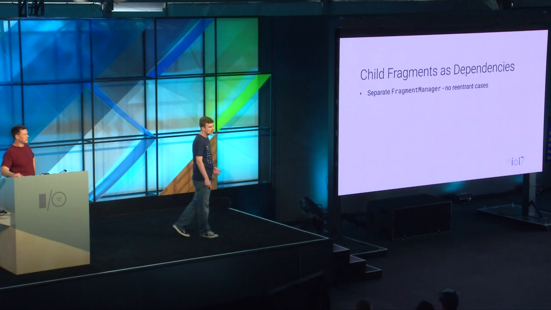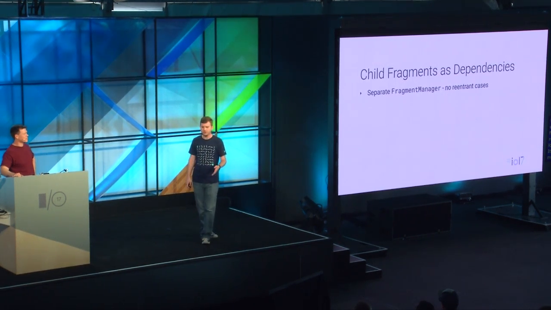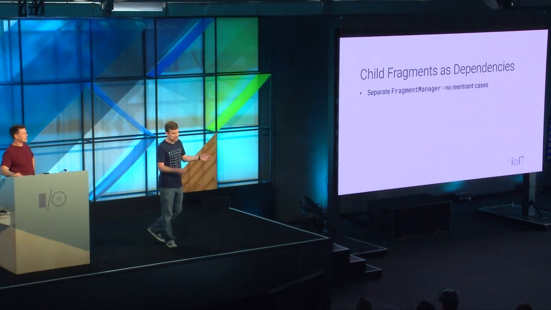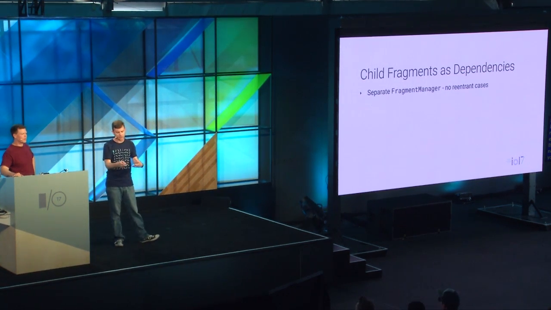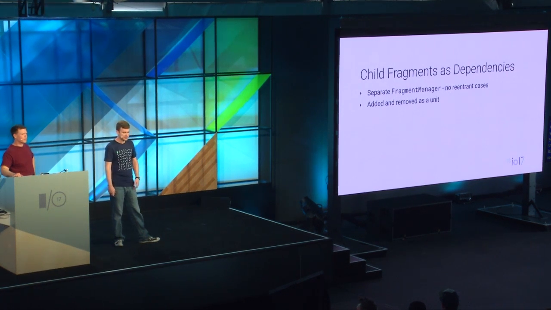So this is one of those things that ends up being really kind of difficult to work with. So child fragments as dependencies work out really well because they solve a lot of these particular issues. It's a separate fragment manager, so you don't get the reentrant cases no matter what. If you go ahead and use commit now on a bunch of these things, you don't have to worry about your parent being in a potentially inconsistent state as you do this because you're all working within your own local unit. So all of these things are added and removed as a unit,